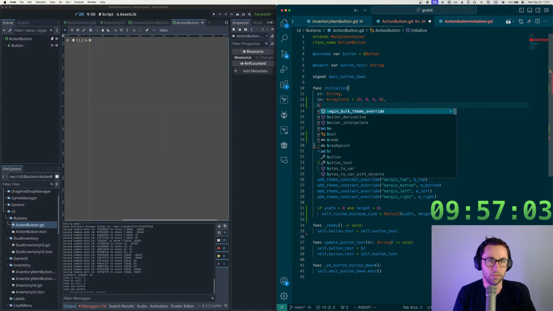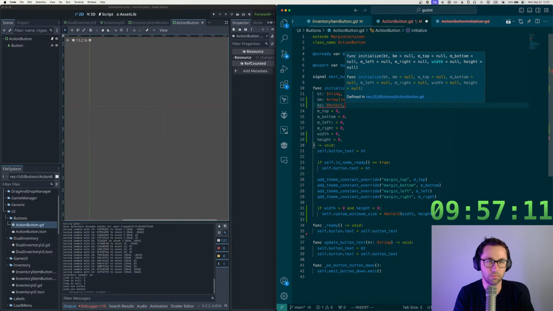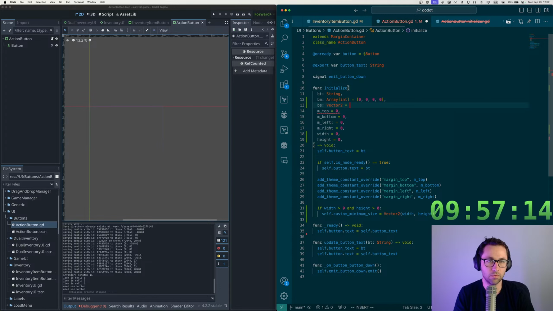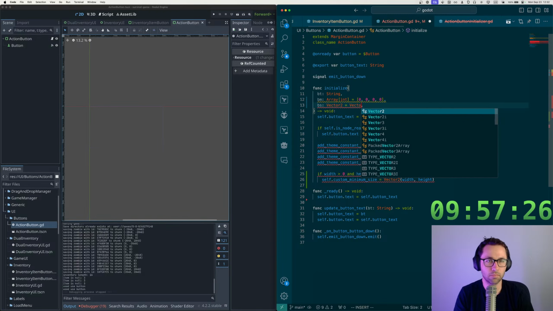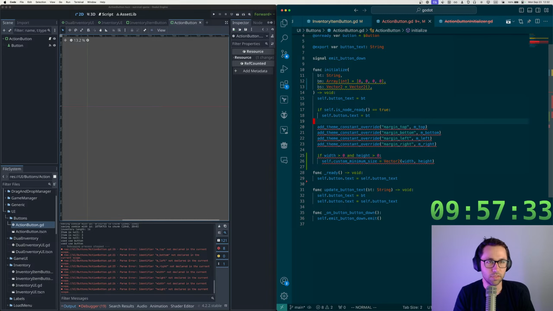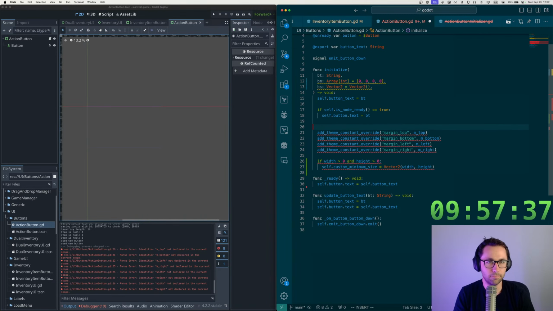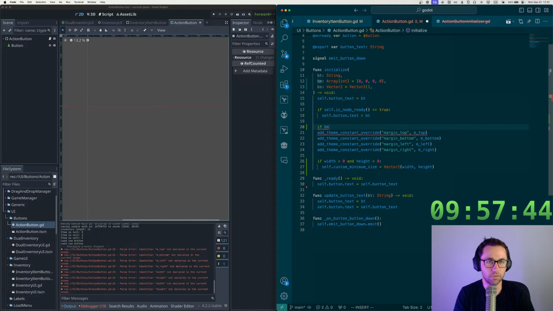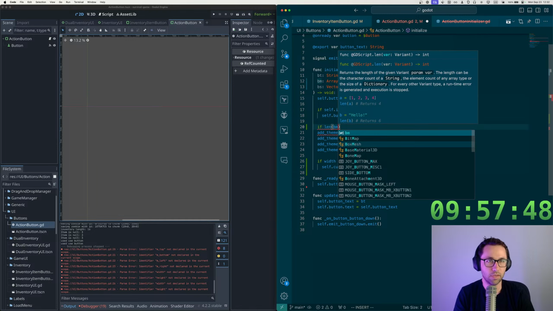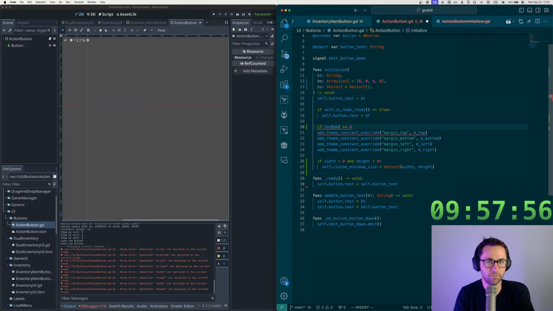And then button size is a vector 2. Okay, so then we say if the length of button margin equals 4,